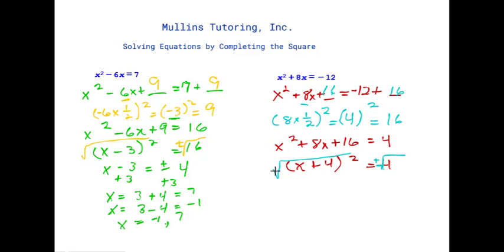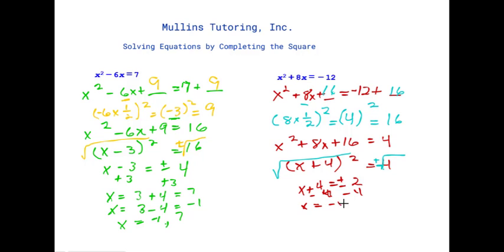So the square root of x plus 4 squared is just x plus 4 is equal to plus or minus the square root of 4 is 2. We're going to subtract 4 from both sides. So x is equal to